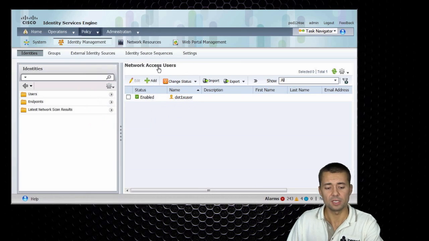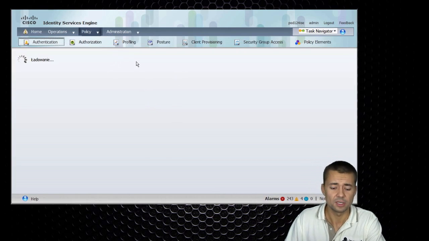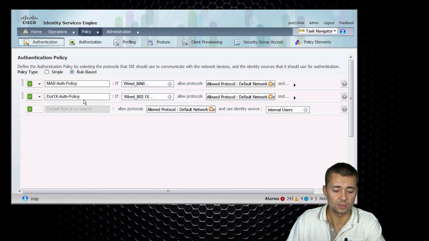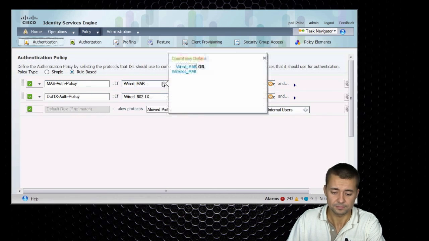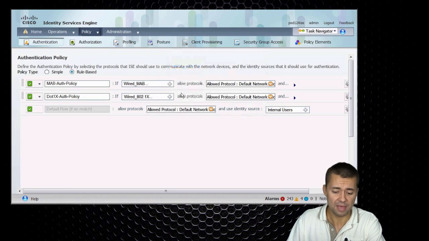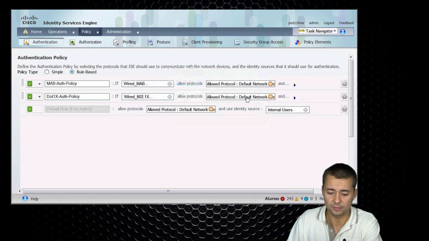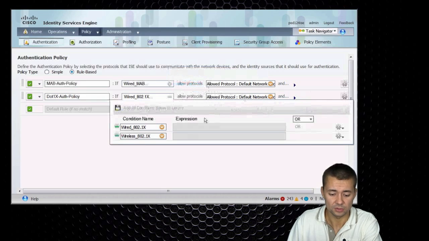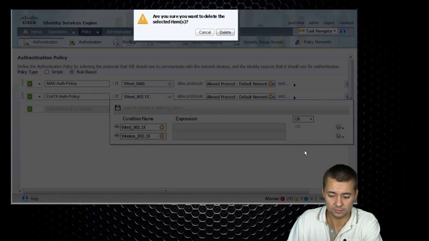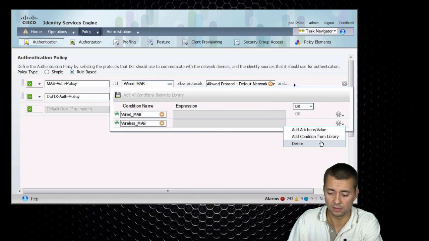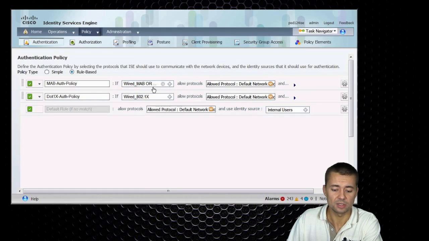Now, if we go under the authentication policy, which you will see here, and also the authorization policy, these are pretty much the default settings of ISE. So, almost default settings of ISE. We still have 3 rules, but in the conditions here, we match both wired and wireless connections for MAC authentication bypass, and then for .1x. In our case, I can simply modify this configuration. Because we will be doing wired .1x, I can remove this component, and do the same for MAB. At some point, I will also be using MAB, so I want to make sure this is all in sync. So at this point, this is pretty much the